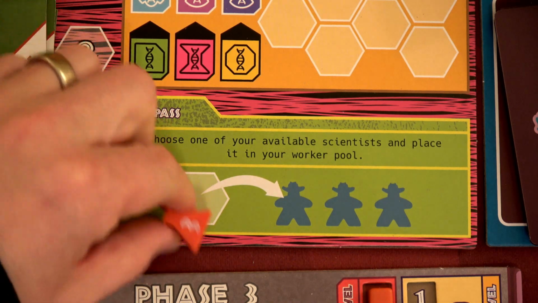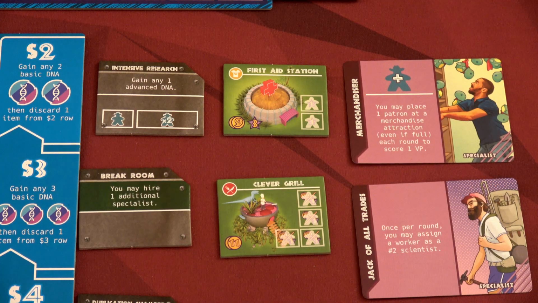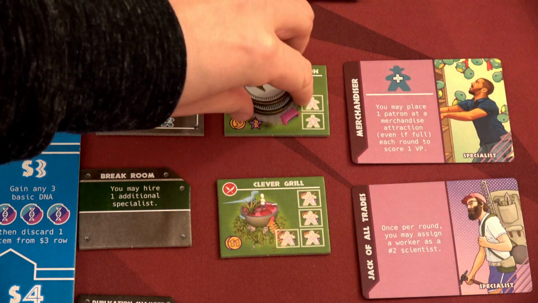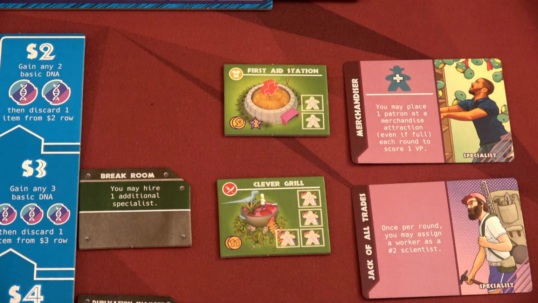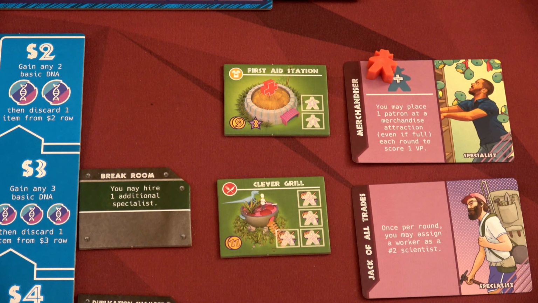So our other 2 scientists will move in and they'll become workers for us that we can use in phase 3. We now get to move on to phase 2, the market phase, and we have exactly $4, and we're going to use all 4 to grab this lab tile, gain any 1 advanced DNA, nice, and this merchandiser. Now, the first thing is this merchandiser is going to give us an additional worker we can use. But also, we can place 1 patron at a merchandise attraction, even if it's full, each round to score 1